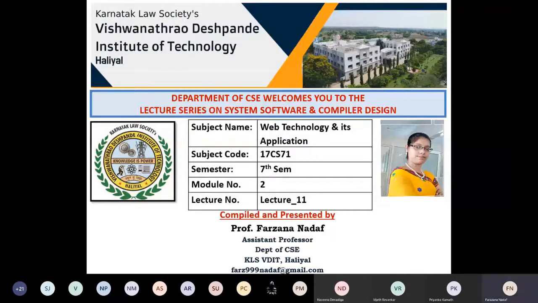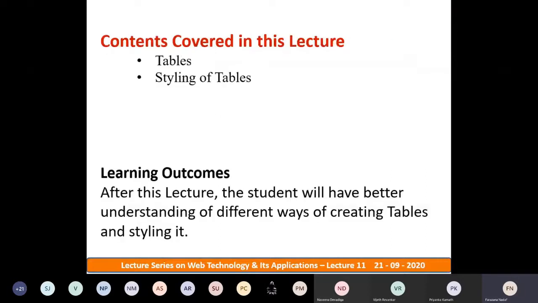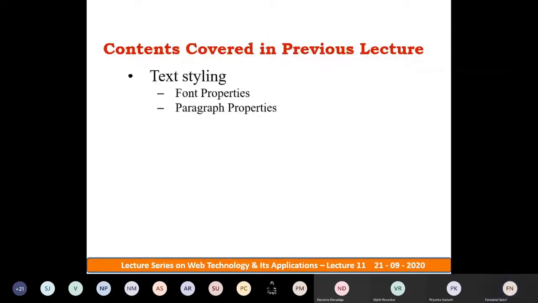In the previous class we saw the last topic of module 1, text styling. There are two ways of affecting text styling. The first is the font property and the second is the paragraph property. With font properties you can set the font family, font name, font size, and font color.